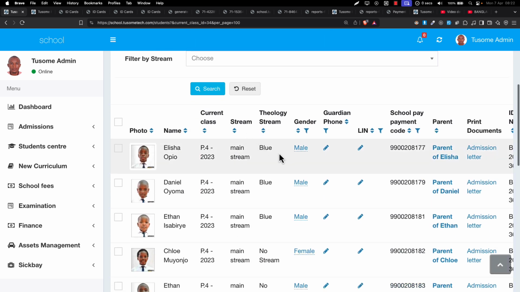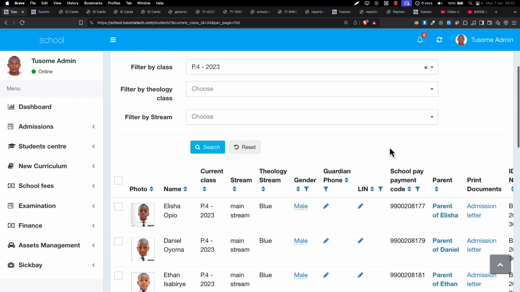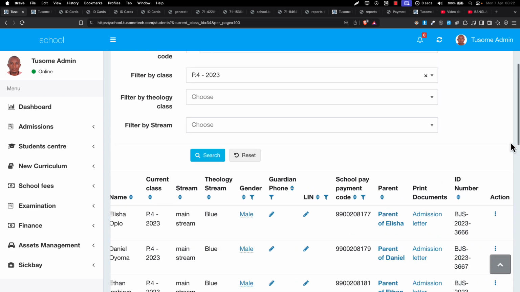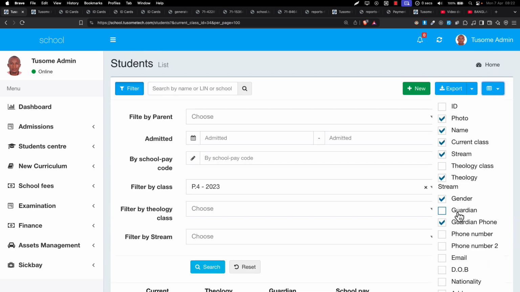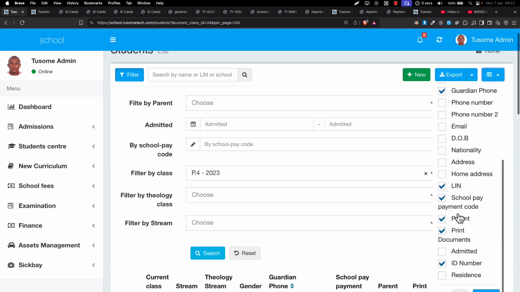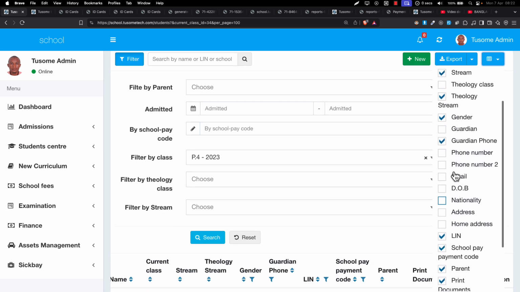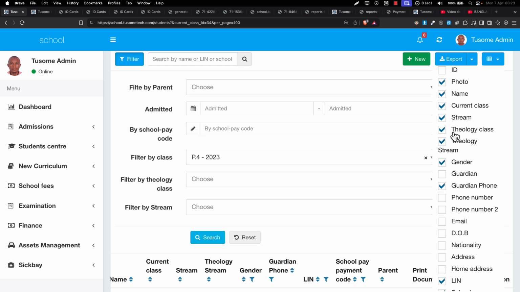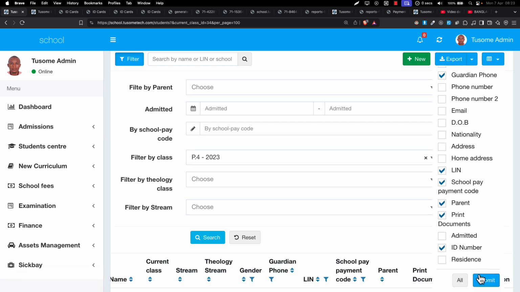So these students that have set, we'll see all of them. They are now in theology blue stream of P4. And if you want to see all the details of the theology classes, you just simply come here and then say maybe I want to see even the theology class. You can be able to set it from here. What is theology class here? So if you select it, even the theology class will be